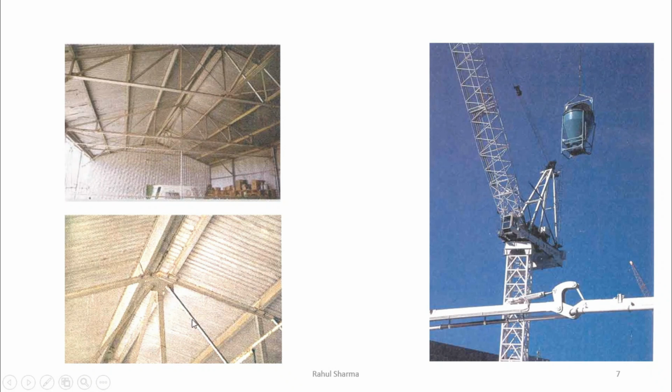But this is the example of a frame, in which a number of members are connected and the load applied on this will be transmitted to each and every member. And this is the example of a machine, in which a number of members are connected at joints and it has this movable part above this and it is transmitting the load. You can see this load is going to be transmitted from one point to another.